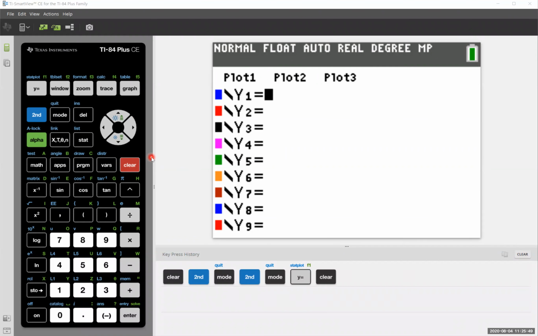Now, we want to find all of the factors of 105. So I want to find all the numbers that evenly divide into 105. The way that I do that, under the first y equals, I'm going to type in 105,